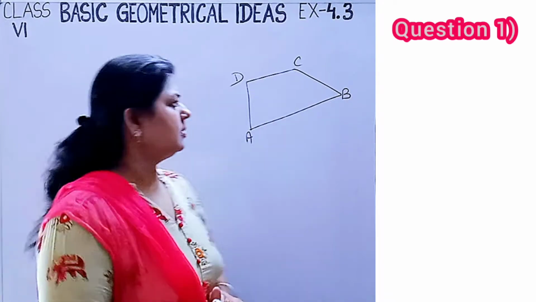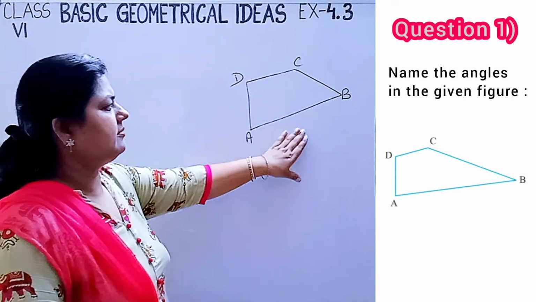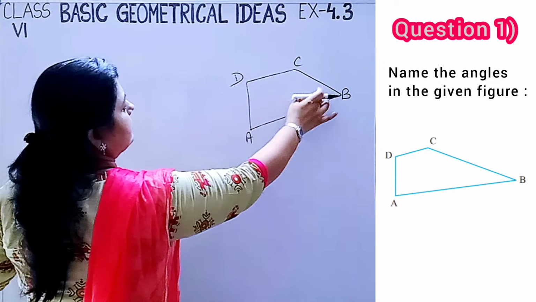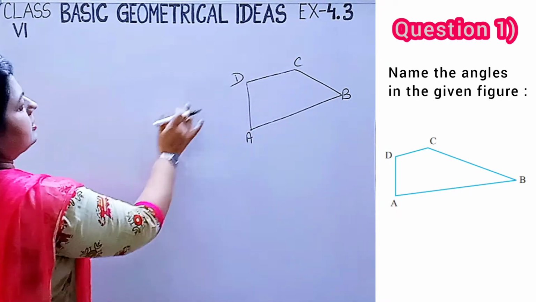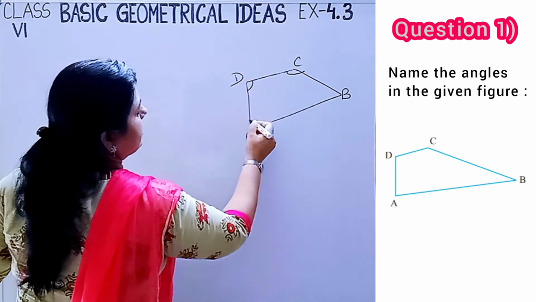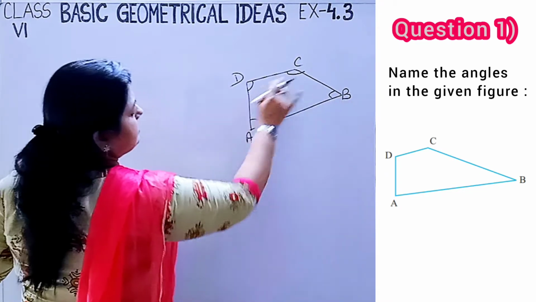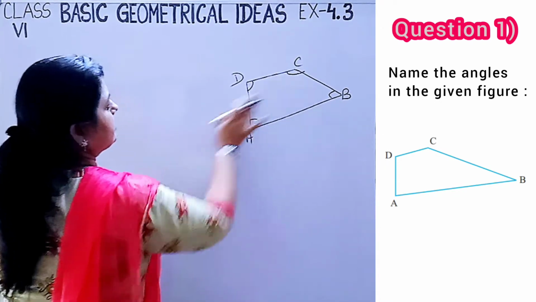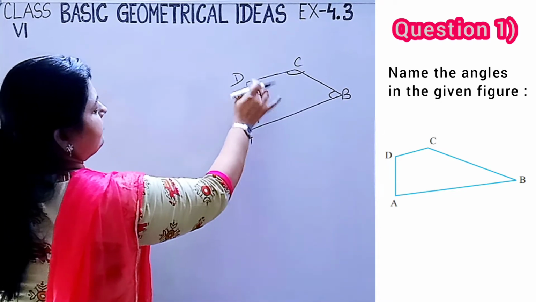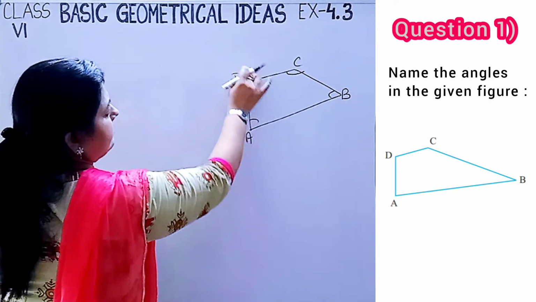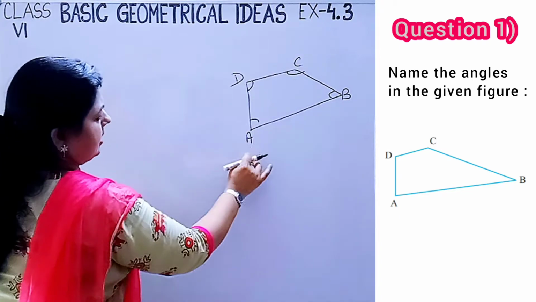Question number 1. Name the angles in the given figure. So in this question we have to write down angles of the figure. So there are 4 angles. We can see that there are total 4 angles. We know this. Now we have to write down name of the angles. So first if I start from D, so the D angle will be named as CDA or